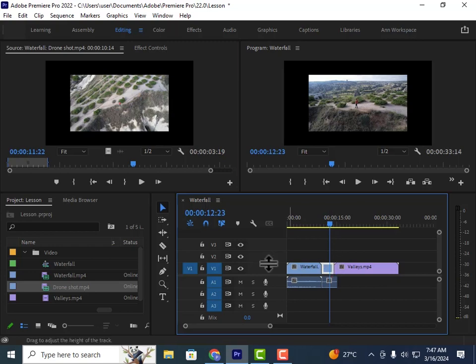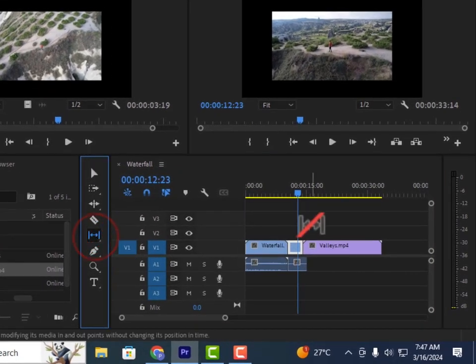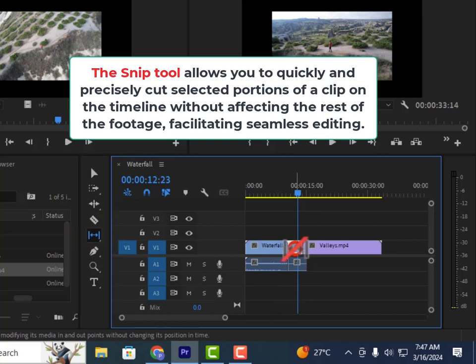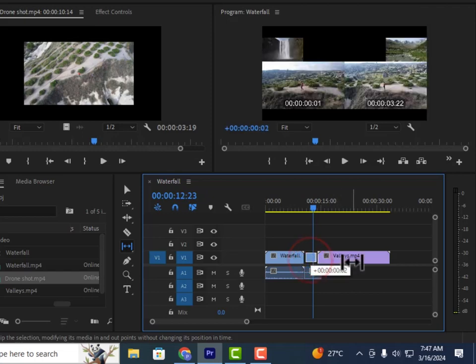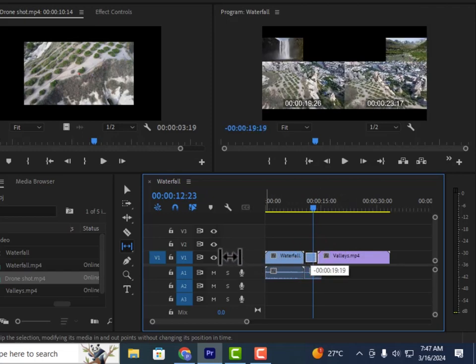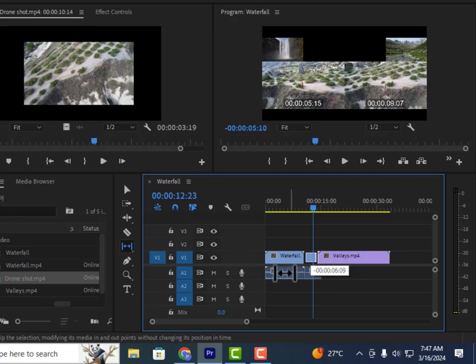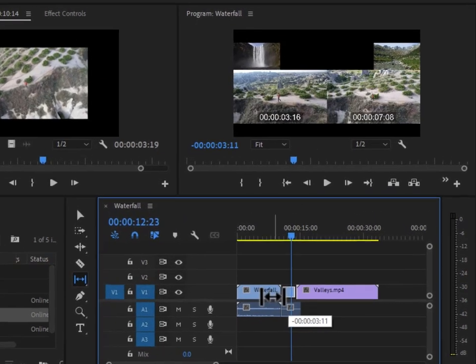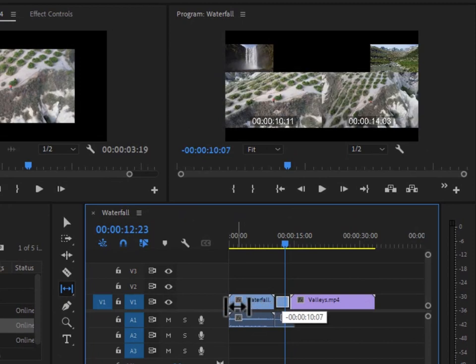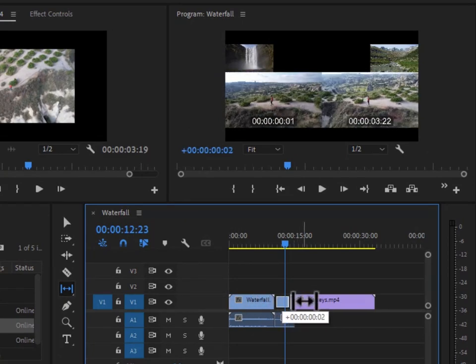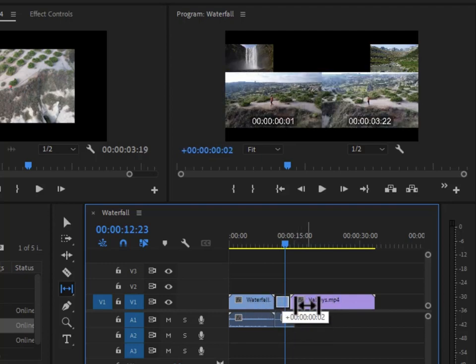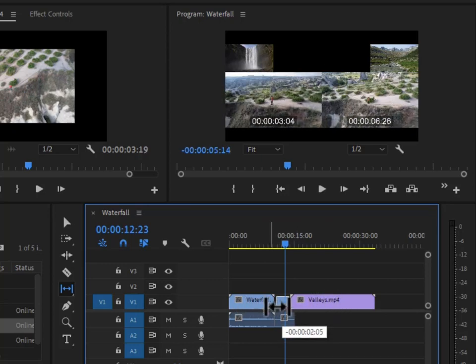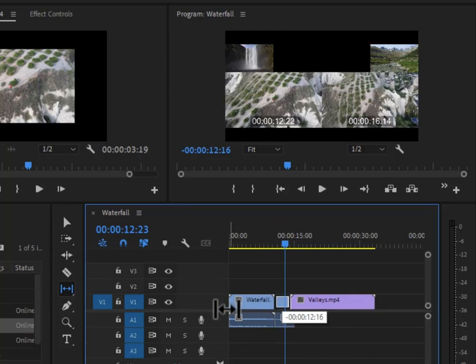Now, an easy way to do this is by selecting the slit tool. Now, just from the name, all you have to do is just click and then drag to the right. Now, as I drag, you can see it will show me the different portions you have on the program monitor. So I can make the selections. Again, we have four little windows on our program panel that will show you a preview of the clip that comes before, and that is the waterfall clip. Then the clip that will come afterward, that is the valleys clip, and then the in and out parts of that video. So again, I just want to take the top